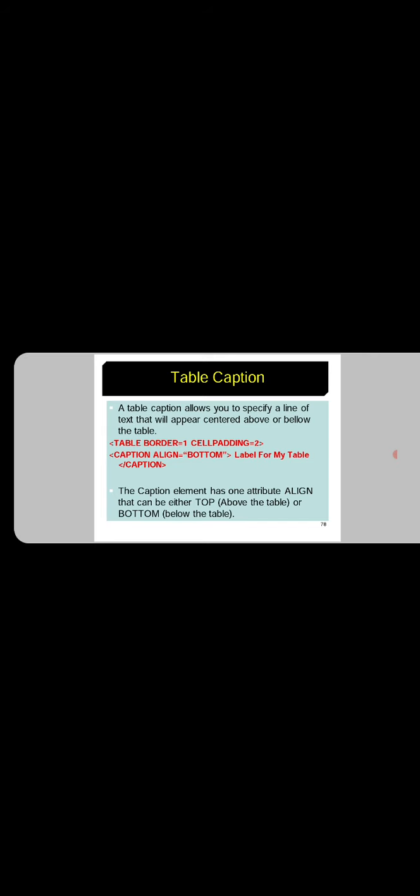So, what is the table caption? Table caption is generally used to give some text or caption or some heading to a table. Generally, it is displayed above the table. Next is table header. What is table header or the th tag? Generally, table headers are used with the th tag. Table data cells are represented by the td element. A td tag is generally used to display table data or information in a cell. Cells can also be th, meaning table header elements, which results in the content of the table header cell.